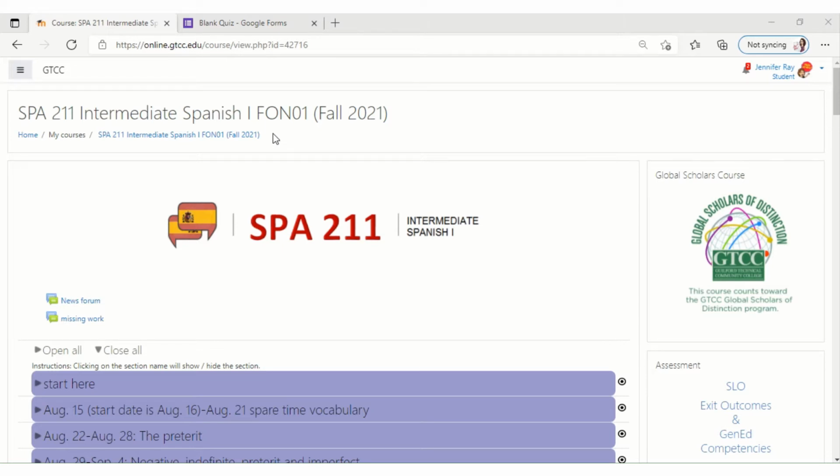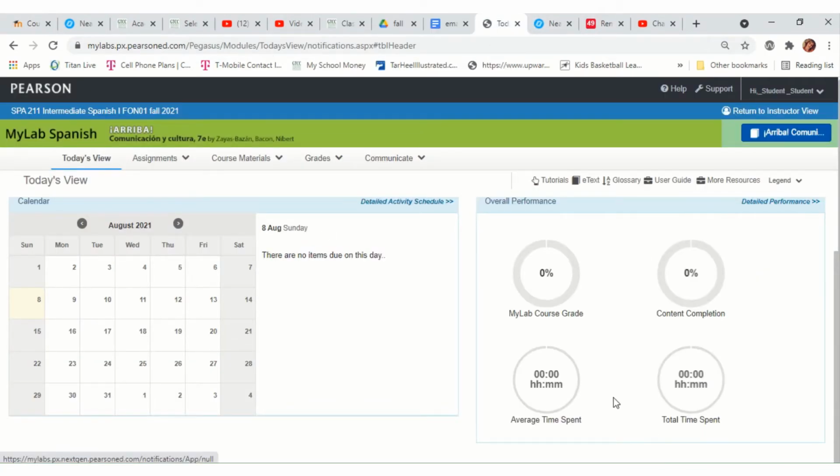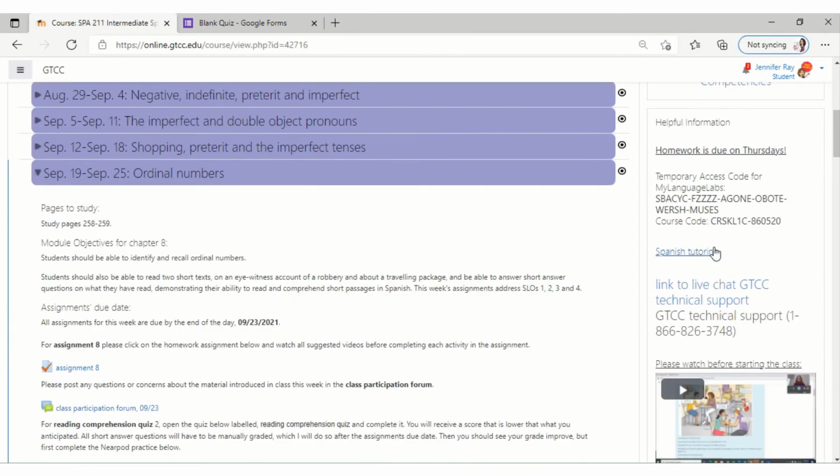First off, we're pretty much just going to use Moodle. I know some of you are used to my language labs, which look something like this, and you're used to going into my language labs and seeing activities on the calendar to complete. I have moved all of my activities into Moodle, so you won't have any activities to complete out here. The only things you'll want to use are your tutorials, maybe your e-text, your glossary,